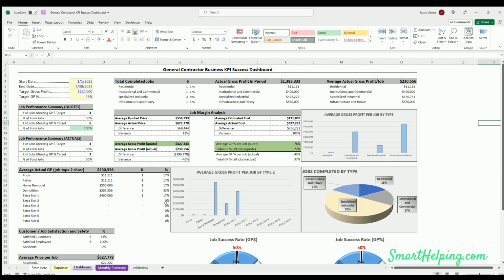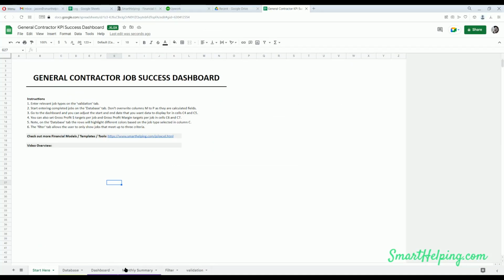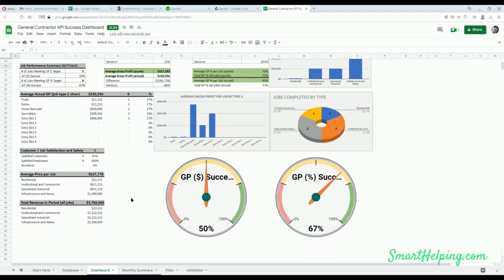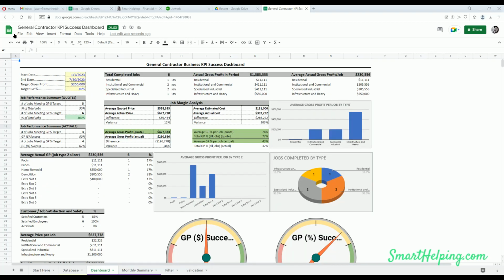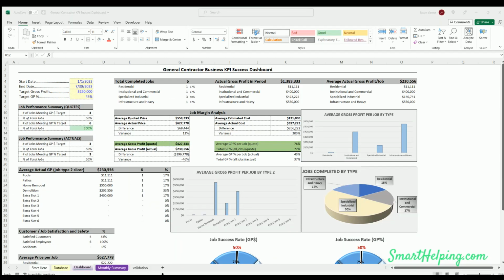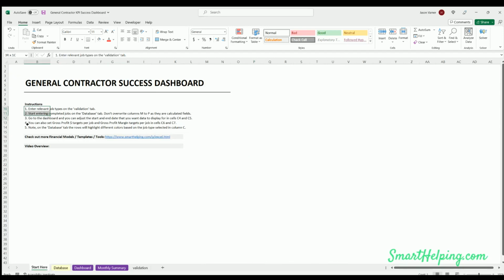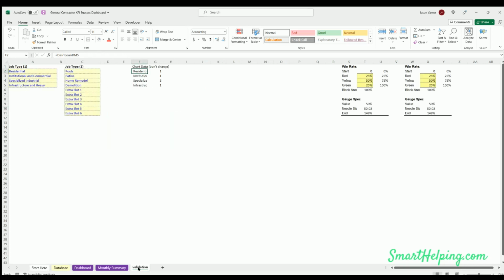So this is the dashboard in the Excel version. There's also a dashboard here in the Google Sheet version. Okay, let me get back to Excel. So real quick, how you start, I've got directions here, but essentially you start with the validation tab,